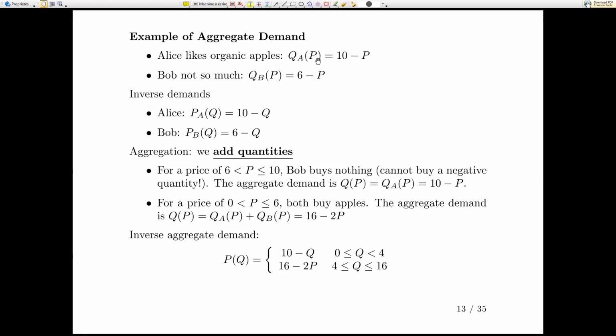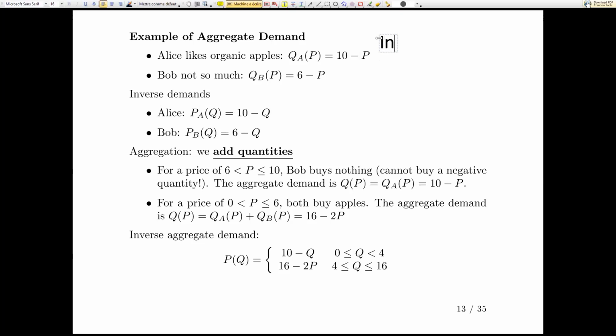So Alice would like to buy a lot. Bob likes organic apples, but not that much. So for the same price, Bob will be willing to buy fewer apples than Alice. What do we do, first of all, if we want to represent them like we usually do, with price here and quantity here? Well, we flip the axes around. So if I invert this, then I get that the inverse demand of Alice is 10 minus Q. I'm just going to show you, for instance,